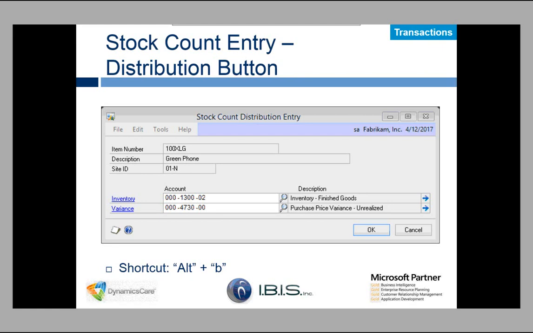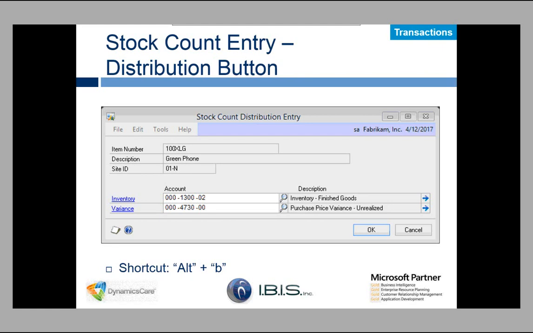Another thing to note here is the account result. If anyone is more on the inventory side and less on the accounting side, if you find a new item, so if it's an increase adjustment, there are more available than the system thought, it's going to debit your inventory and credit your variance. If you lost some items, the quantity is going to decrease and it's going to credit inventory and debit your